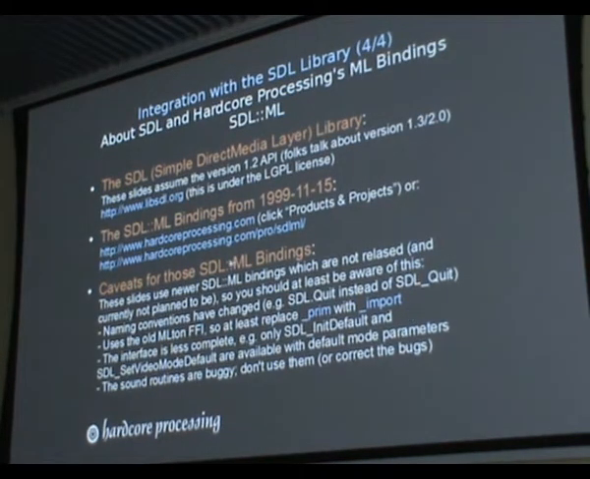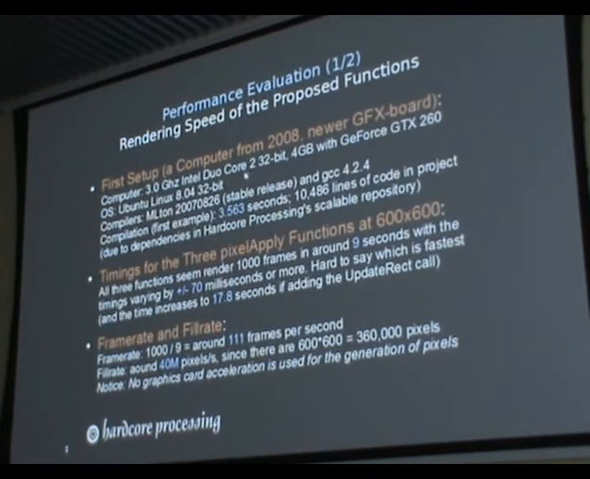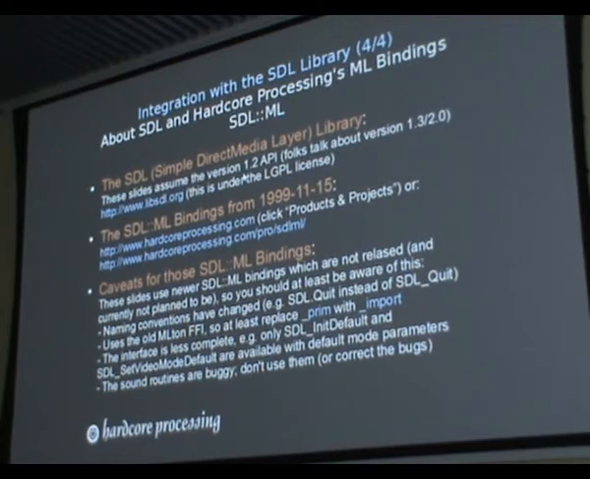And here are a few things about the STL bindings. You can find STL here. Sorry, my bindings are pretty old, and the bindings I show here in the slides are actually a bit newer than what you can find. So there are a few caveats here. The naming convention has changed to STL underscore quick, and you use the old Milton FFI, so you need to replace prim by import. The old interface is less complete and stuff like that. And the sound routines are buggy, so don't use those. But anyway,